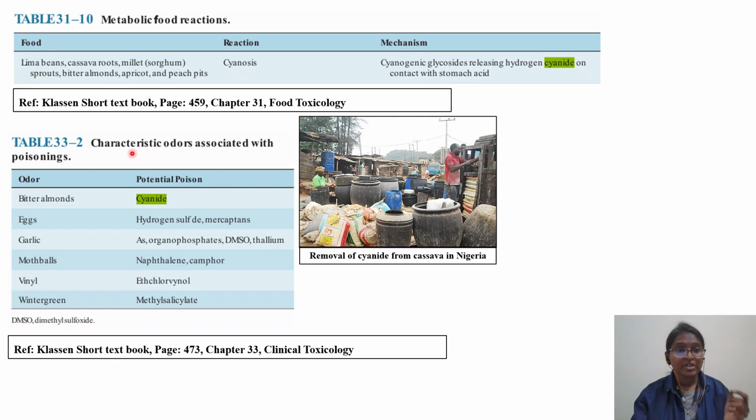Coming to odors, I told you characteristic odors associated with poisoning. Please read in chapter 33, that is clinical toxicology. They have listed them under Table 33.2. Whenever there is a bitter almond taste, they assume that it might be cyanide poisoning. If you have some time, pause the video and try to read about garlic odor, which is organophosphate poisoning or thallium, and wintergreen odor, which is because of methyl salicylate poisoning, right? Then,